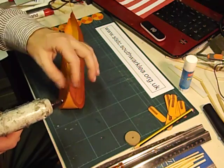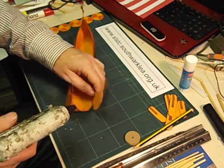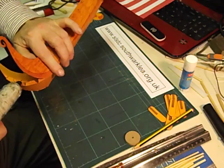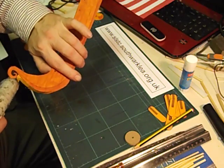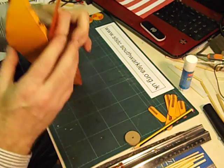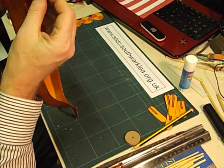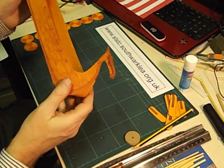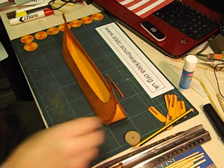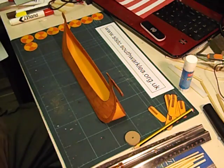There we go, being careful not to get glue on my fingers. It's the front of the boat done, and now the stern of the boat, the last set of tabs there, and that stern feature at the back, and stick that together. So we've now made a quick hull shape. So now we can fit the